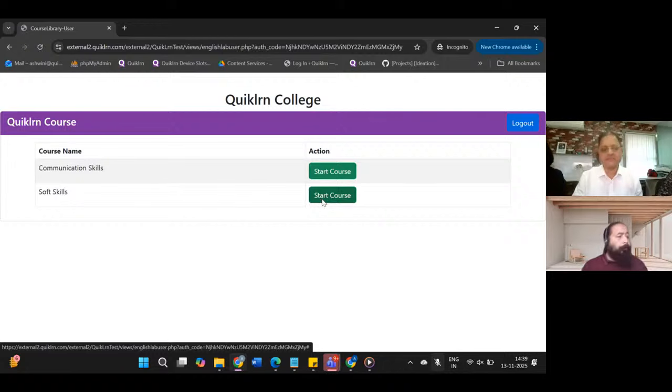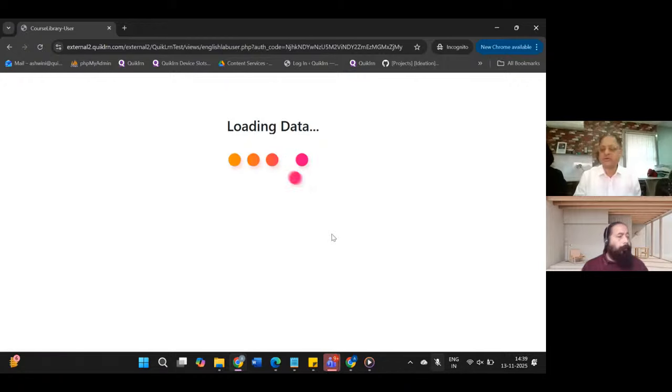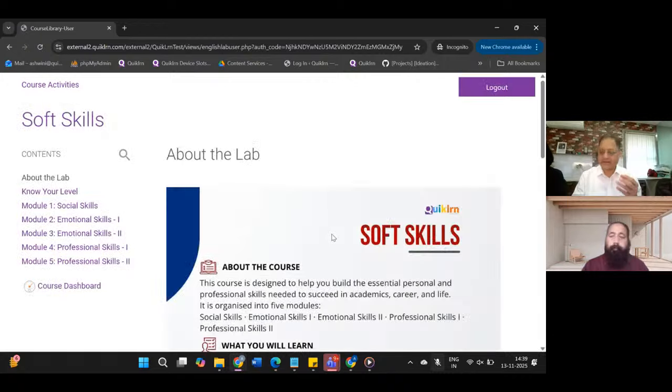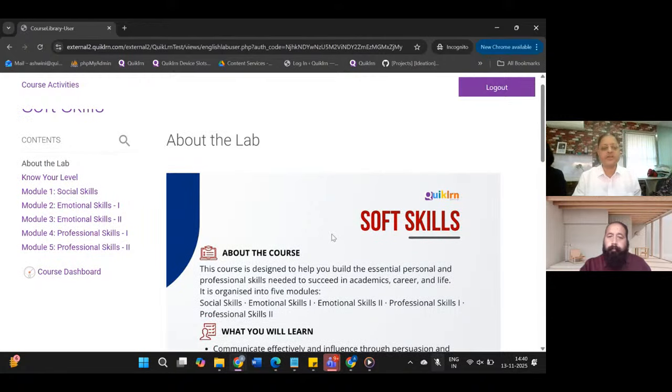course today. So when you press the soft skill course for the first time, the loading takes 1 minute or so, because that's where a lot of things happen. Setup gets done for the user at the back end. Please allow a couple of minutes for the first time to happen. Once it goes through, you will get the screen, which is your soft skill lab, and Gautam will walk you